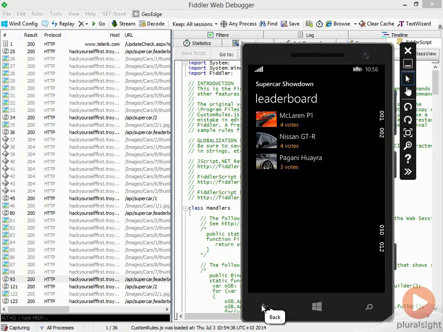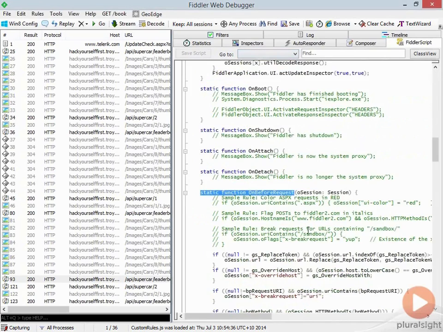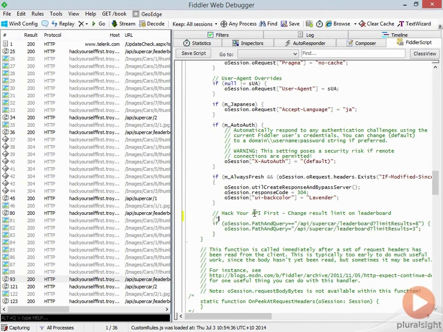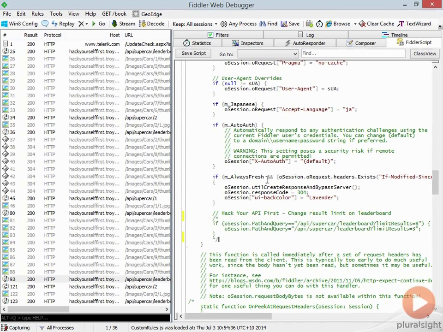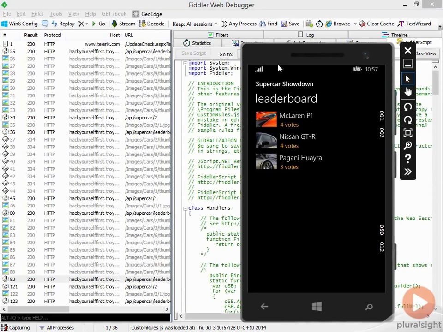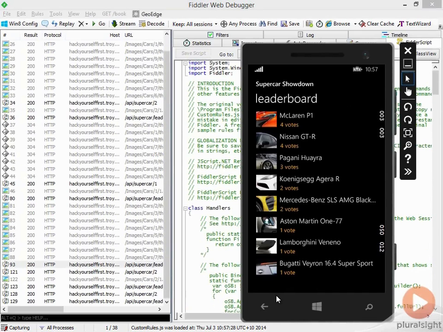Okay, we just looked at how we could change the way an API was requested. We changed the results from 8 to 3. Now the first thing I'm going to do is just jump back into Fiddler, go to on before request, and I'm going to comment out that little piece of code again which changed the request. And we'll save that script. We'll jump back over to the app, down into a car, and then back home again, and we should now